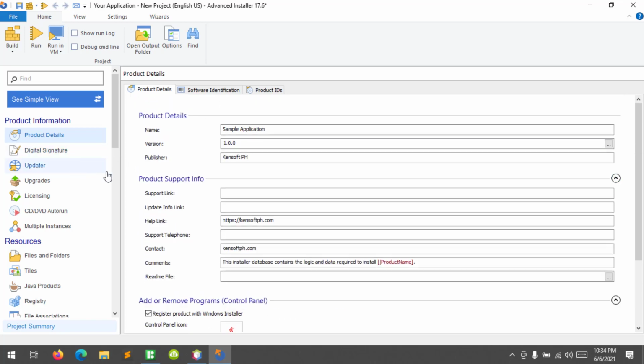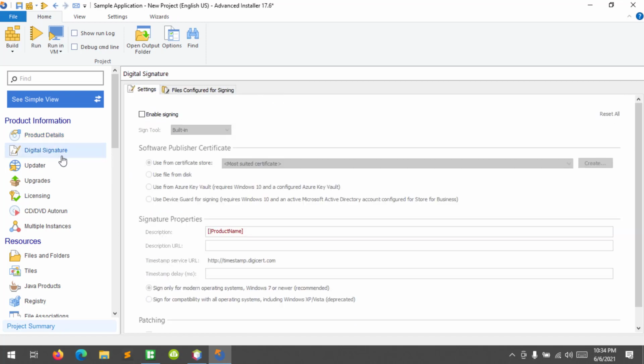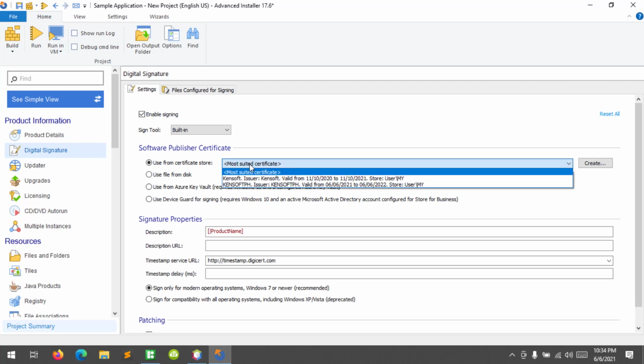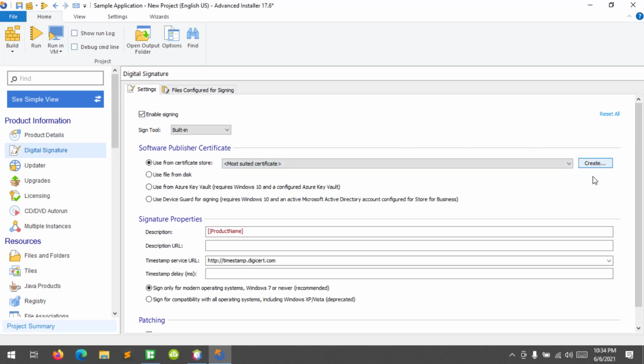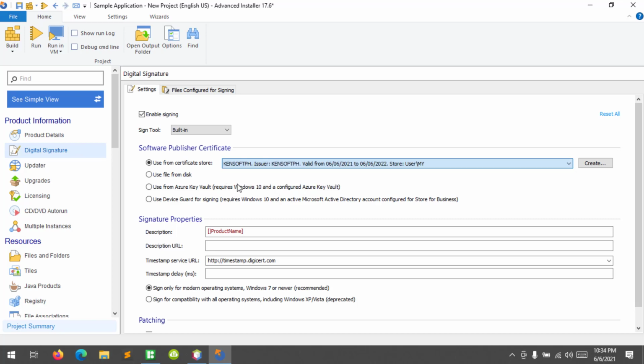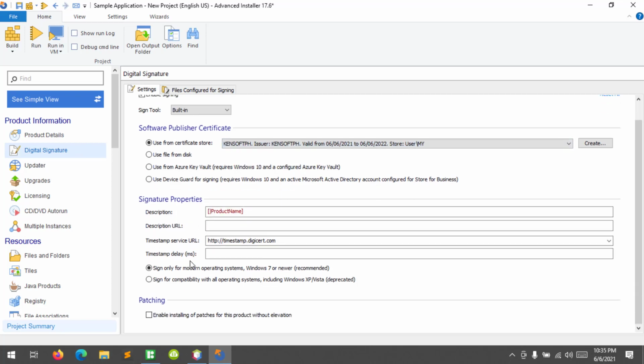So next part, digital signature. You can enable the signing or your certificate for your application. So I'm gonna enable mine and I'm gonna choose my certificate from Windows Key Store. You can also create your certificate here if you have a key tool application. So I'm gonna choose the KensoftPH, this one. Alright,